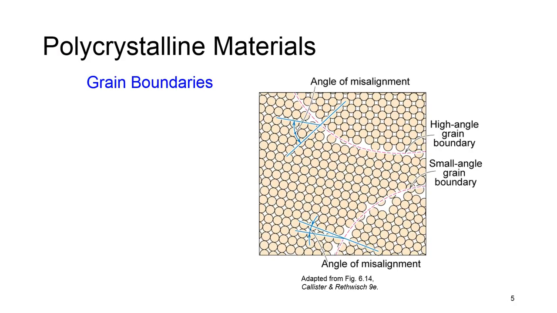Materials that have different shapes, types and directions of crystals are called polycrystalline. You can see here a schematic shape of a polycrystalline material. You can see here grain boundaries, the regions between crystals, which are called grain boundaries. In grain boundaries, there is a transition from the lattice of one region to that of another, the neighboring region. Here you see in the boundaries a little bit of disorder,